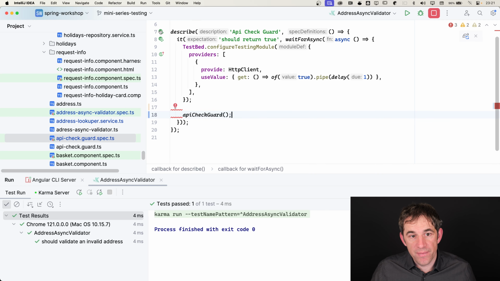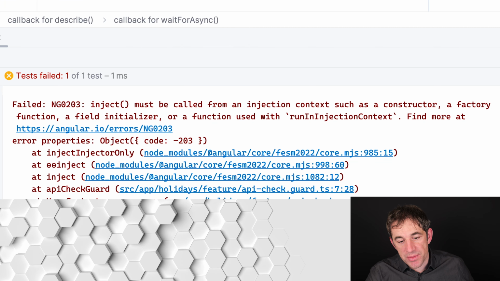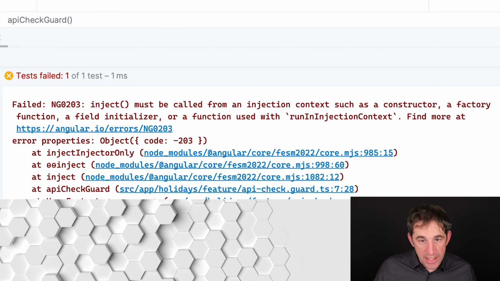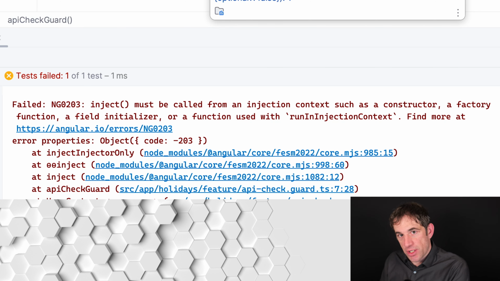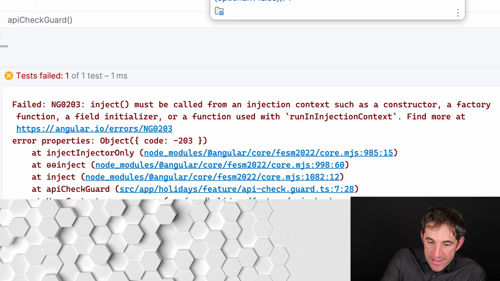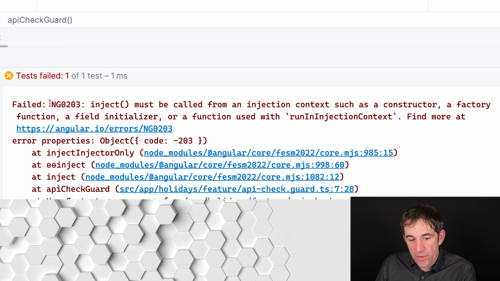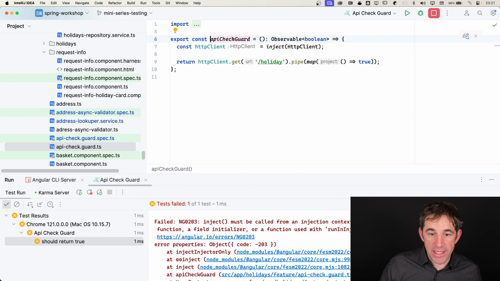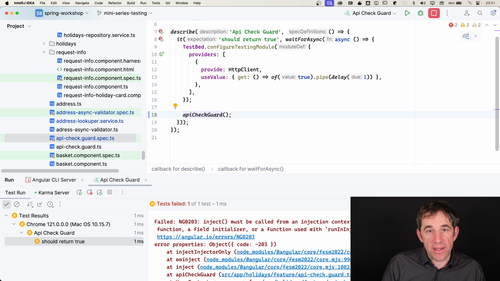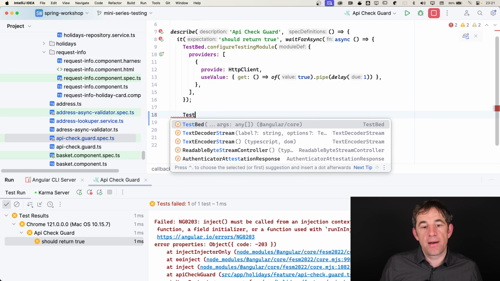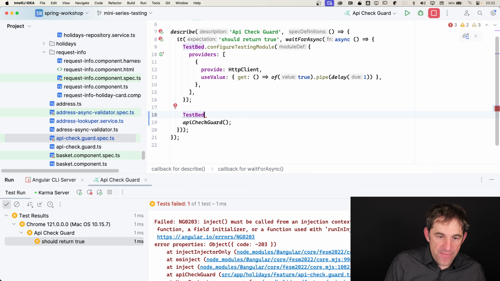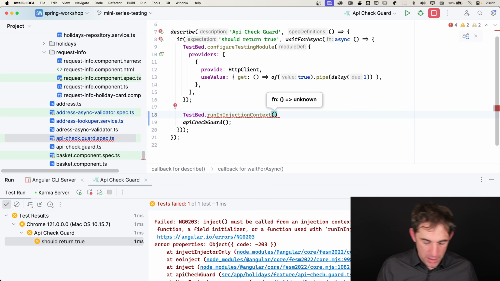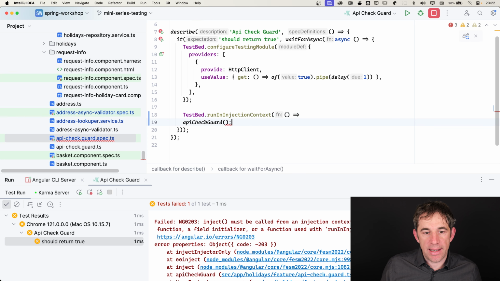And this is already enough to let the test fail. Because what happens now is that inside of the API check guard, it uses the inject. The inject now runs not inside of a TestBed.inject function, as it was before with the address validator. And that's why we are getting now this error code 203, which means we are calling the inject function outside of the injection context. And for those cases, and only for those cases where we can't use the TestBed.inject, we can artificially re-instantiate or provide the injection context on demand. And the function that does this is the runInInjectionContext. So this one expects another function,